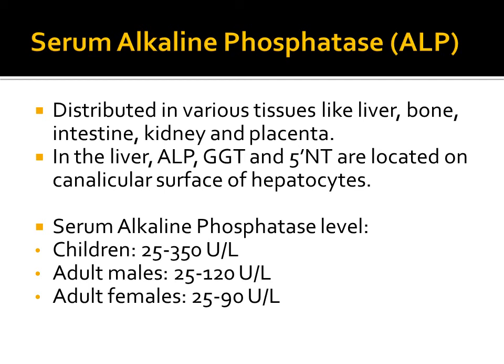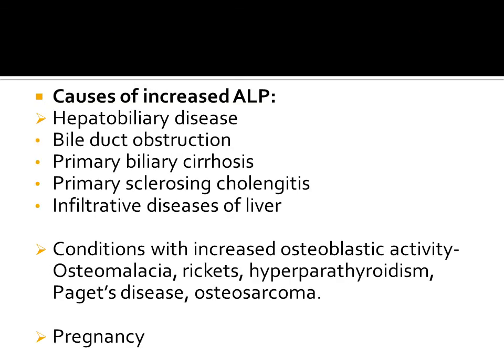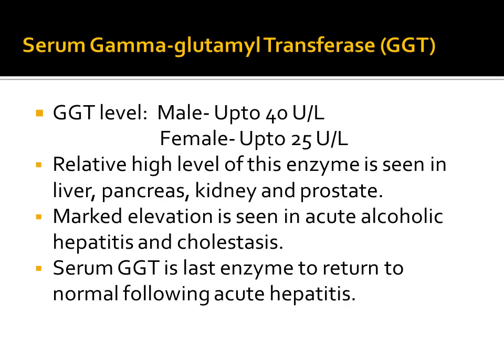Normally in children it has a high upper limit because of the developing bone, and in male and female it is about 25 to 150 and 25 to 90 unit per liter. This is true for ALP because it is also produced by some other organs. So with a raised ALP, just by doing the ALP test we cannot point out that it is a liver disease only. It can be some bone disease or other organ affection.